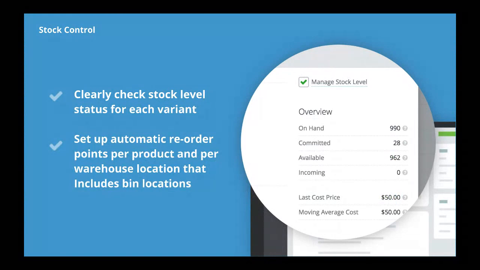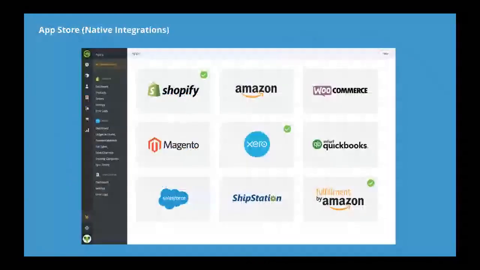So in terms of the systems that we currently integrate through, there are two types that we like to look at. There's our native integration, so e-commerce carts like Shopify, being our biggest partner, WooCommerce, Magento, marketplaces such as Amazon, fulfillment and shipping through ShipStation, and accounting software such as QuickBooks and Xero.